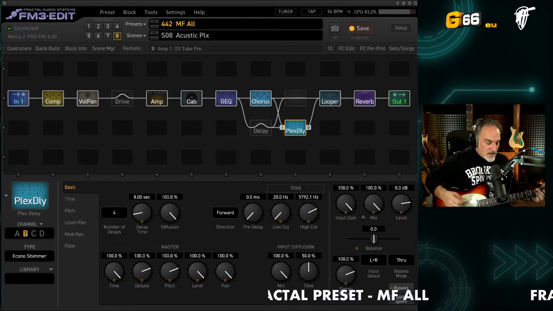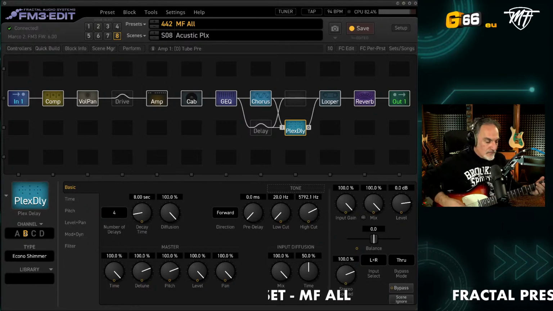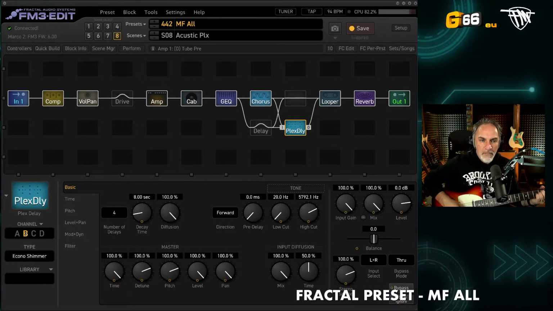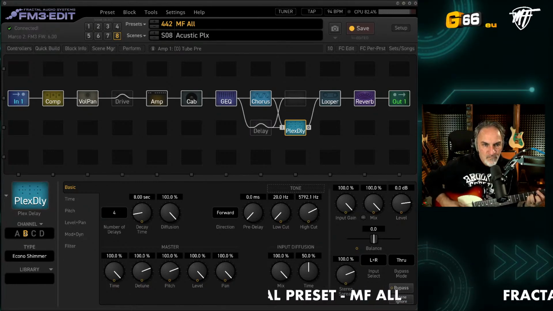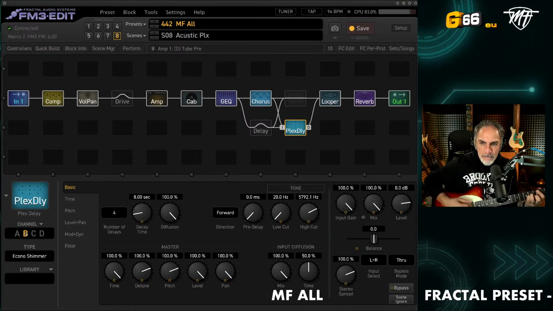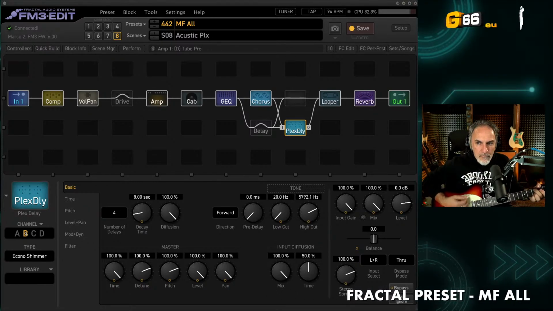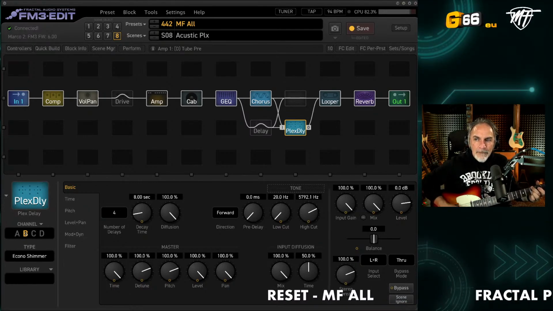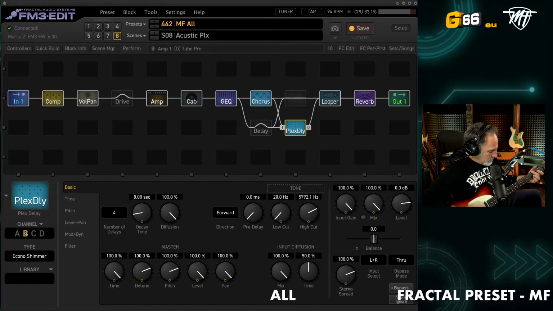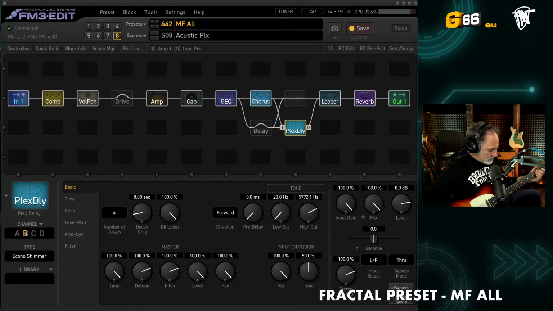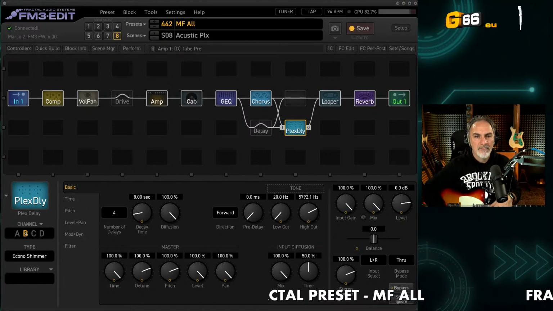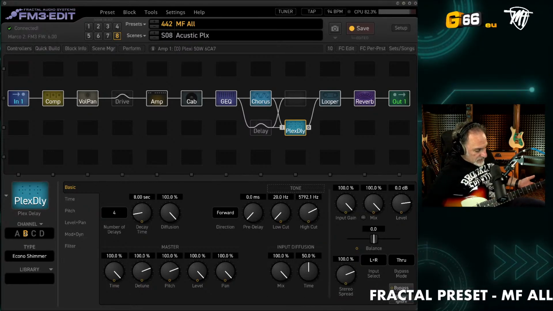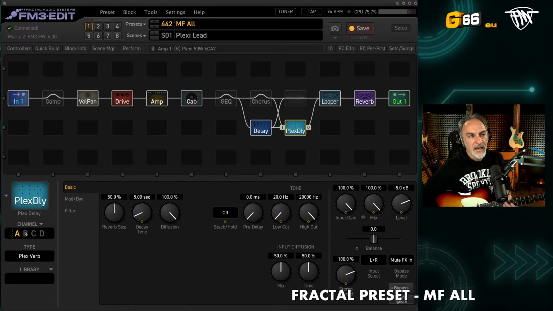Amazing. So if I use the looper, so I can switch on the scene number 1, the Plexi lead, and I can use my